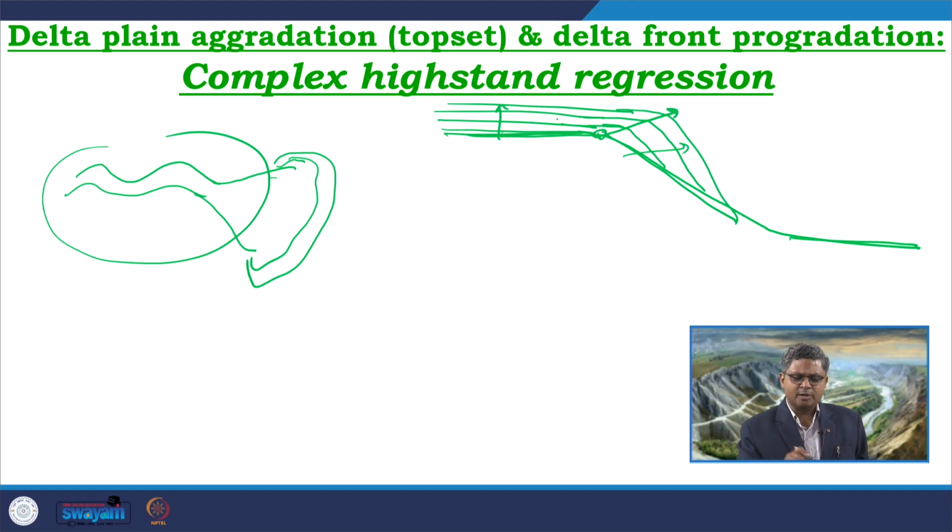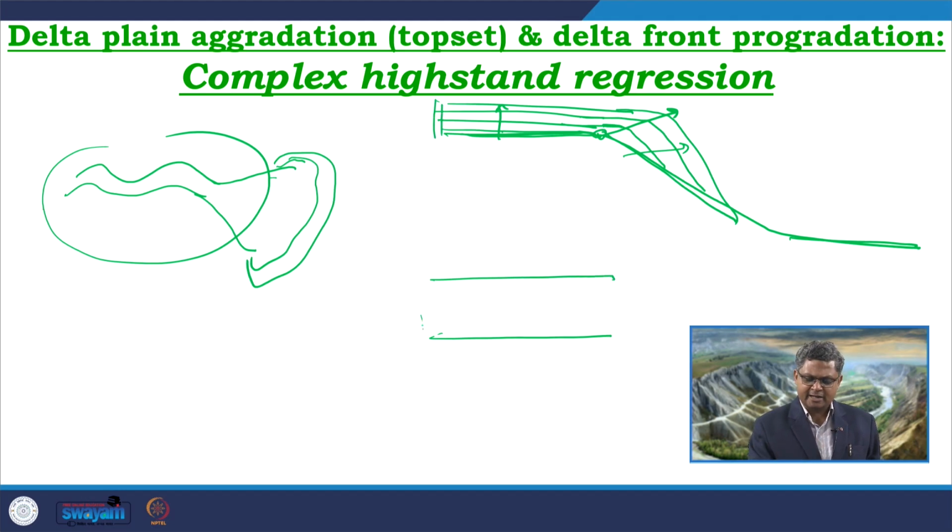Now, in this kind of scenario, as we are reaching the maximum height, say initially the water level was here and then finally it is reaching up over here. So, this kind of scenario can be expected at the initial phase, maybe up to this. But when we are reaching this portion, the accommodation is decreasing, or rather it is not increasing at the rate required with respect to the rate of sediment supply.